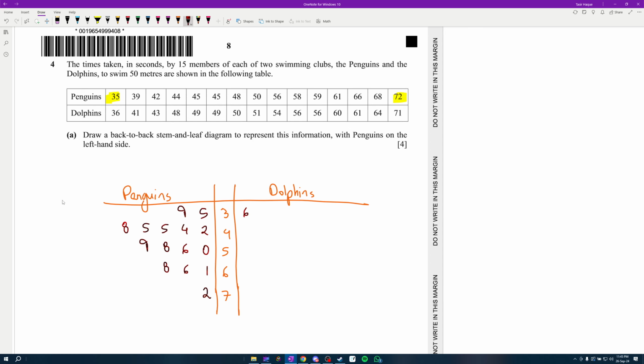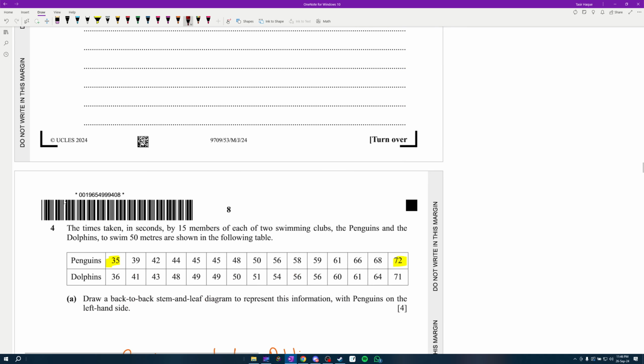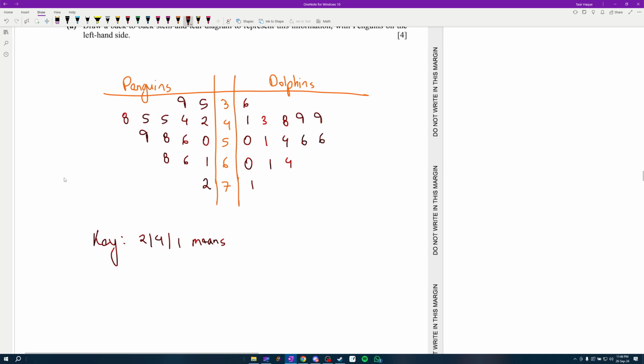And here we have 36, we have 41, 43, 48, 49, 49. Then we have 50, 51, 54, 56, 56, 60, 61, 64, and 71 over here. Okay. So we need to give the legend or the key. For example, we can use this one over here, 2, 4, 1. What does that mean? It actually means the times are in seconds. Okay. So 42 seconds